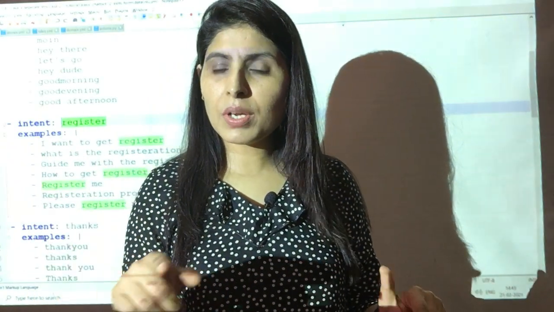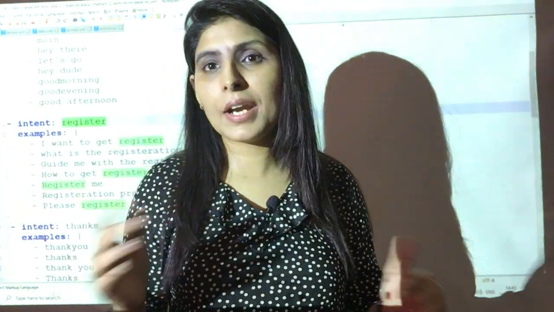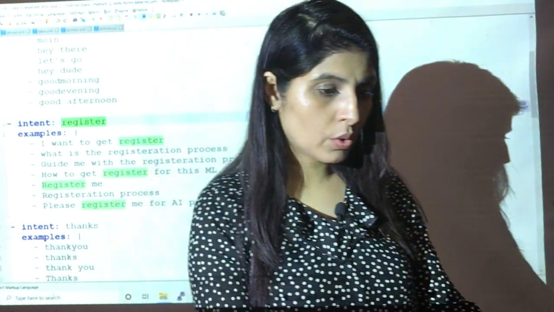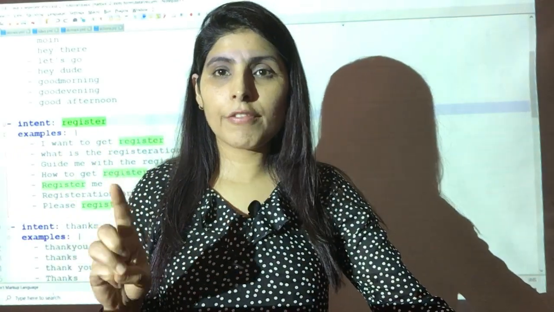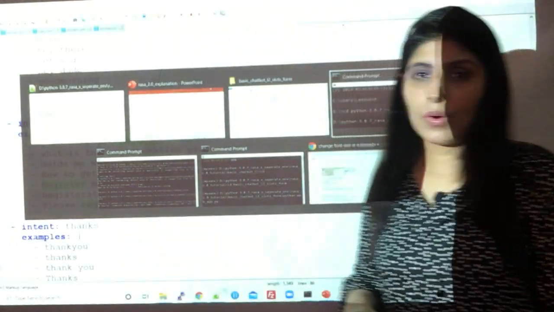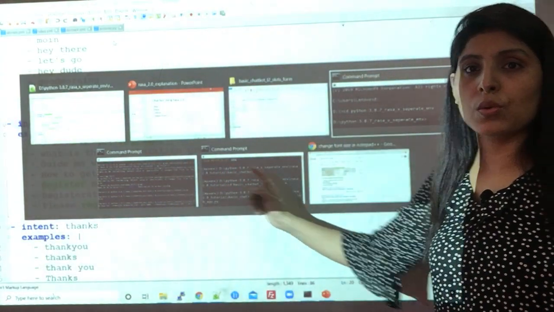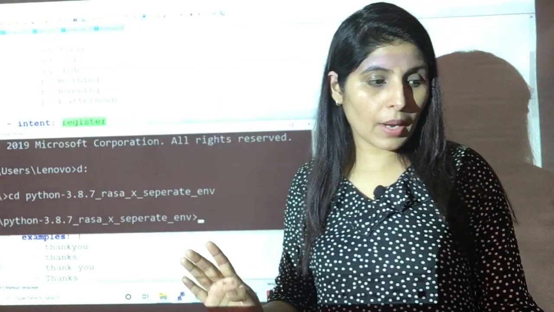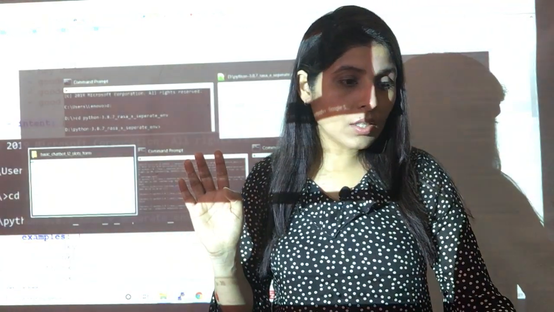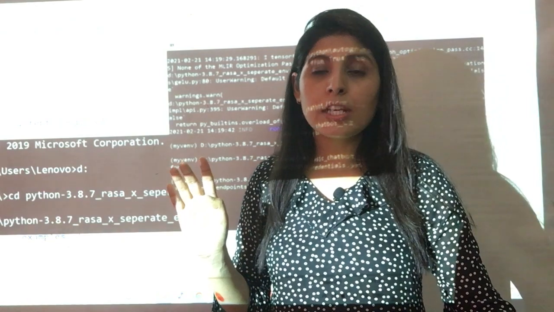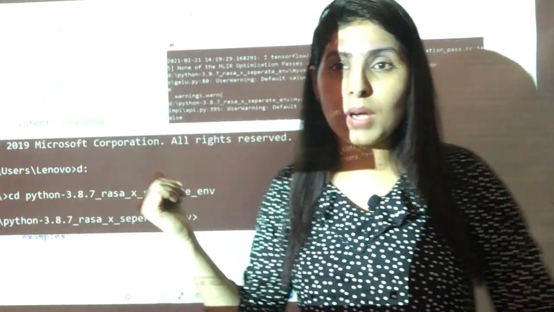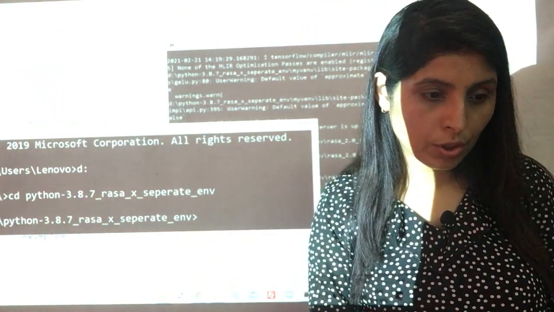Let me show you the output first of all, so that you can relate to what I'm saying. When you want to run your chatbot, you need to open 3 different command prompts. I have 3 different command prompts, you can see 1, 2 and 3. In all the command prompts you need to enter the folder; I'll execute it here and show you.